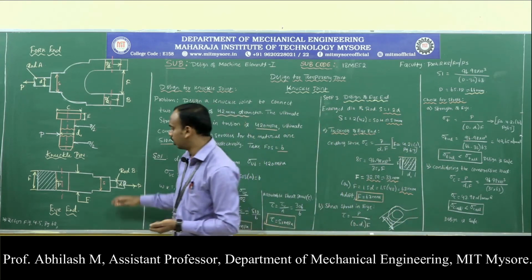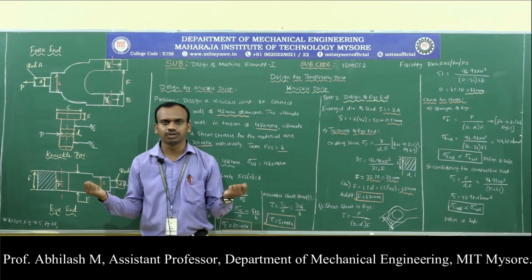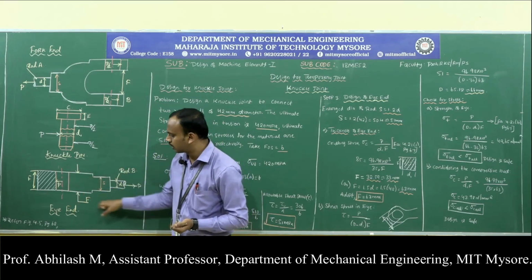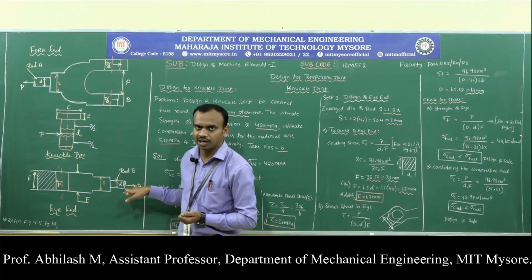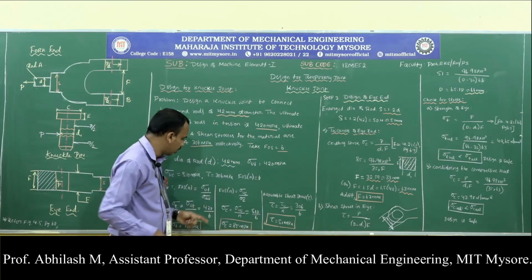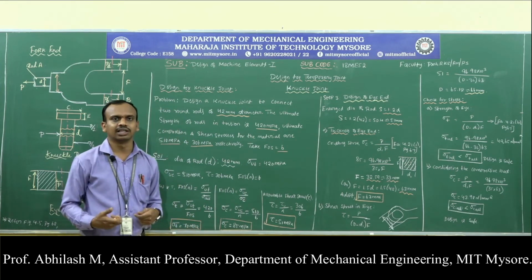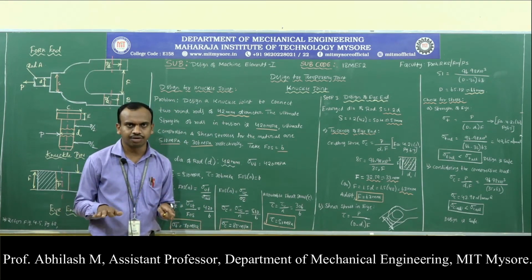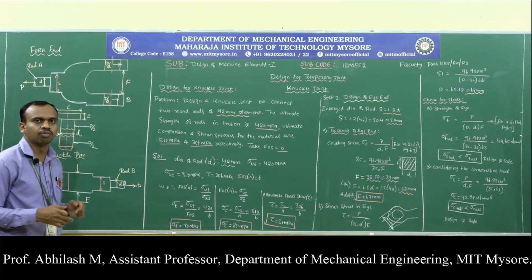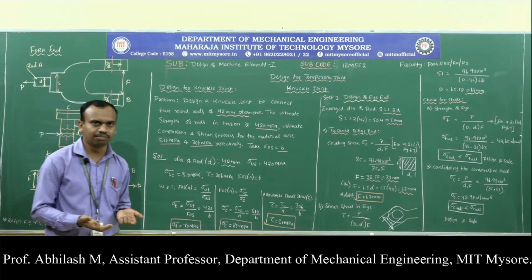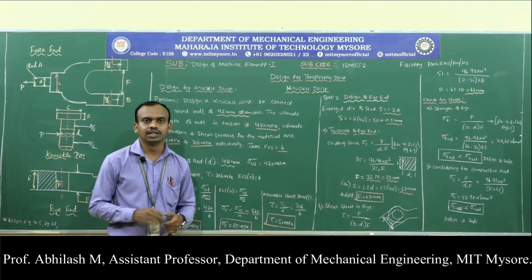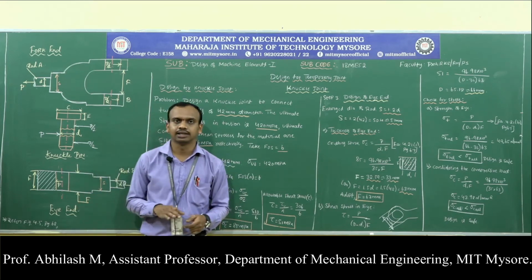How is the failure likely to occur? Because of the tensile force, it is tensile in nature. So let us calculate the tensile stress that is induced because of this particular load, and if that is less than the allowable stress, then we can say that it is safe. Similarly, because of the crushing strength, let us calculate how much crushing stress is developed, and if it is well within the allowable value, we can state that the design of the eye end is safe.